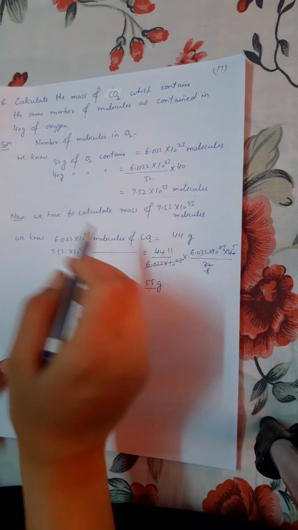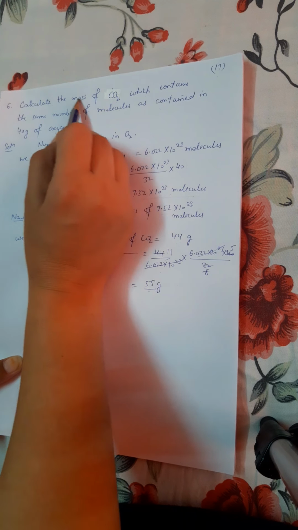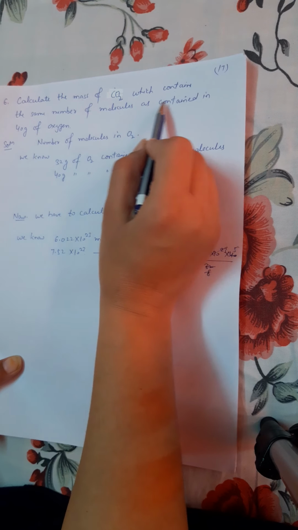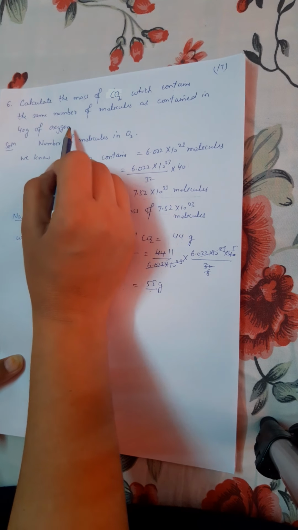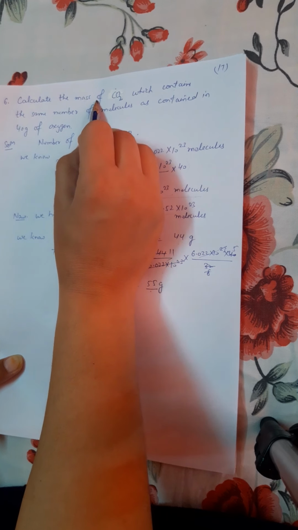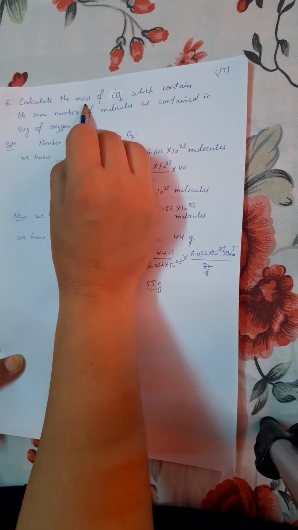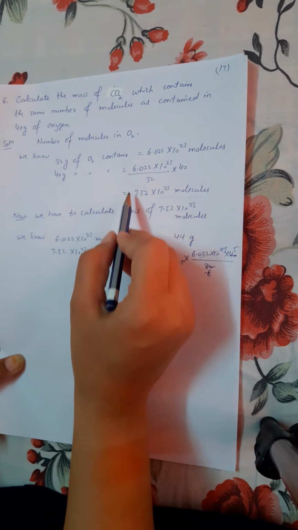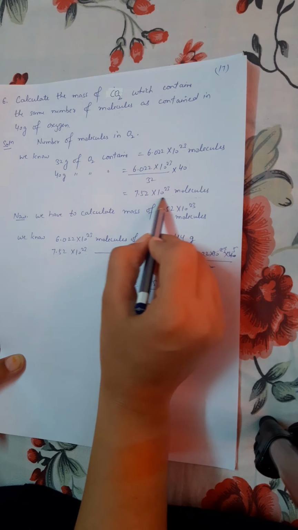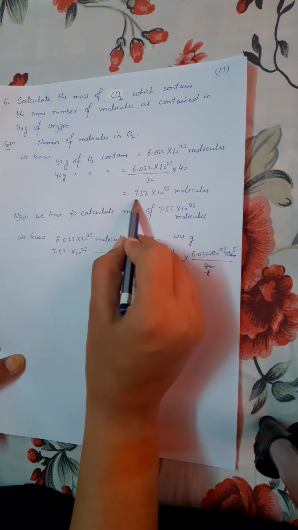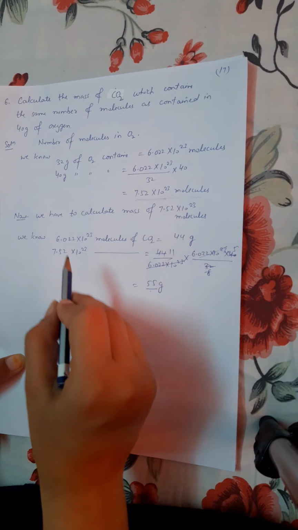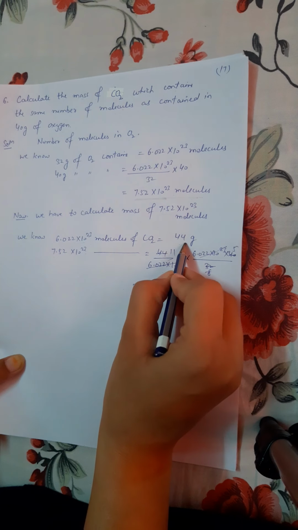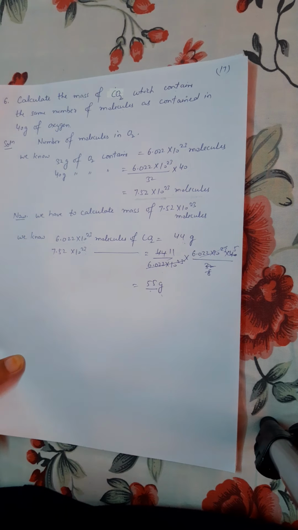I am explaining it again. We have to calculate the mass of CO2 which contains the same number of molecules as contained in the 40 gram of oxygen. Same number of molecule किस में होंगे, mass of CO2 में. उसमें उसका मास निकालना है. तो पहले हमने क्या किया, नंबर ऑफ मॉलिक्यूल्स निकाल लिए ऑक्सीजन में. तो नंबर ऑफ ऑक्सीजन दिस विल बी दिस वन. Now we have to calculate the mass of these many molecules of CO2. We know 6.022 into 10 to the power 23 का मास होता है 44. तो इतने का कितना होगा 55.